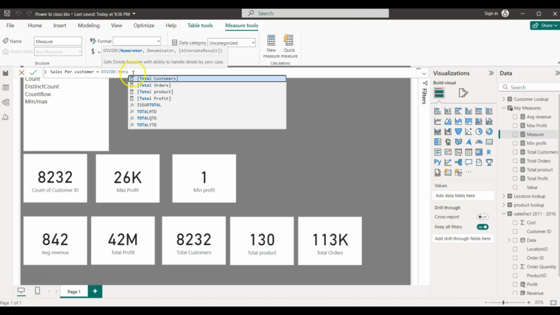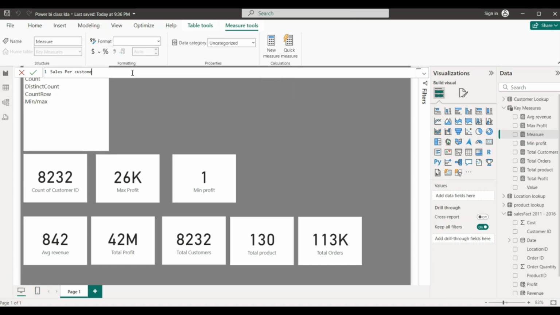Now your numerator could be either a Dax formula, which is going to be sum revenue column, or since you already calculated the measure for total revenue, just type in total revenue and it will bring that out. Now let's see, did you calculate total revenue? Okay, we've changed that from total to average, so let's just calculate total revenue. Or since we can just do it straight, let me still use the sales per customer,